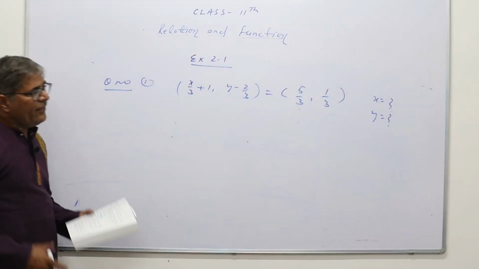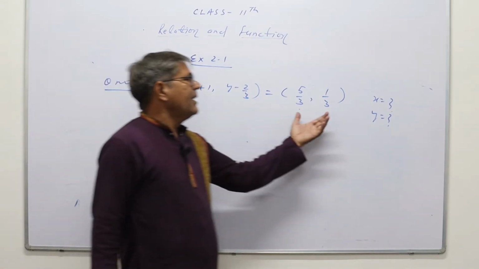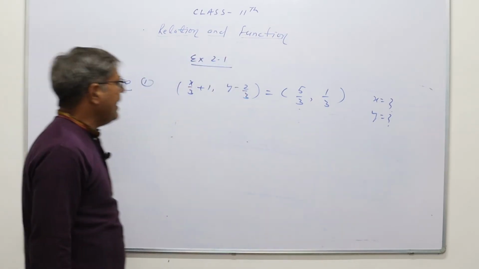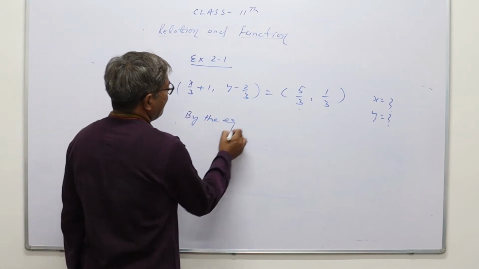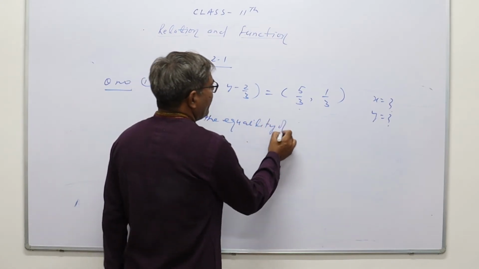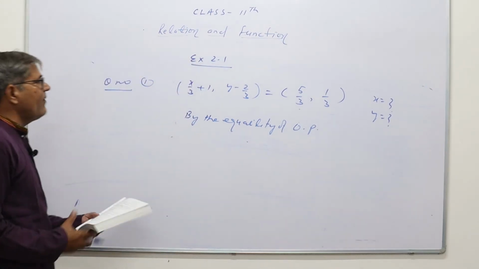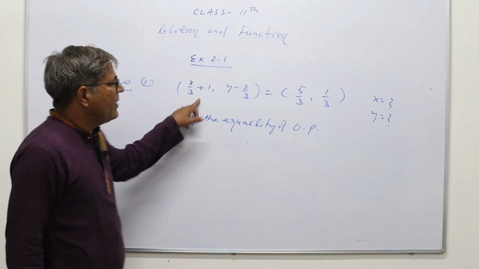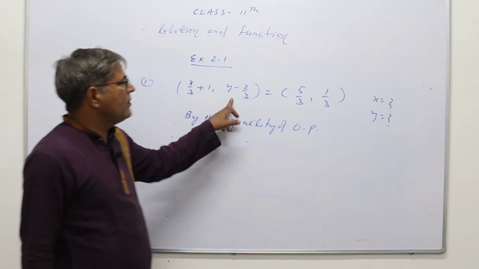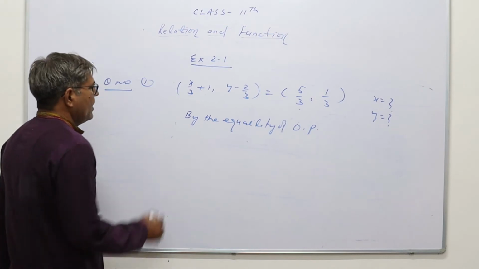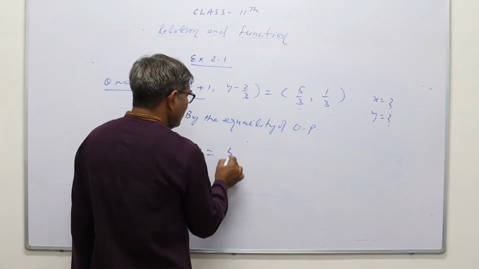So by the definition of ordered pair, when one given ordered pair is equal to another given ordered pair, then by the equality of ordered pairs, the first element of the first ordered pair will be equal to the first element of the second ordered pair, and the second element of the first will be equal to the second element of the second ordered pair. So here by the equality, x/3 + 1 will be equal to 5/3,